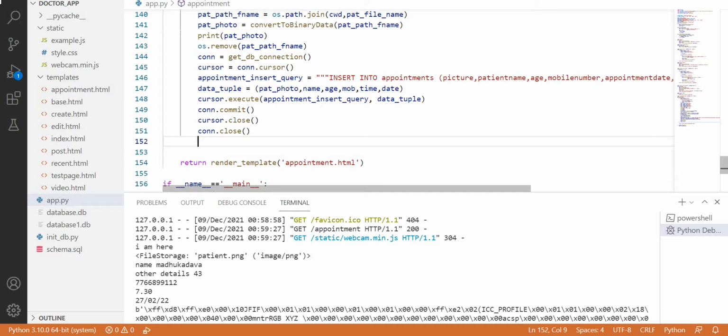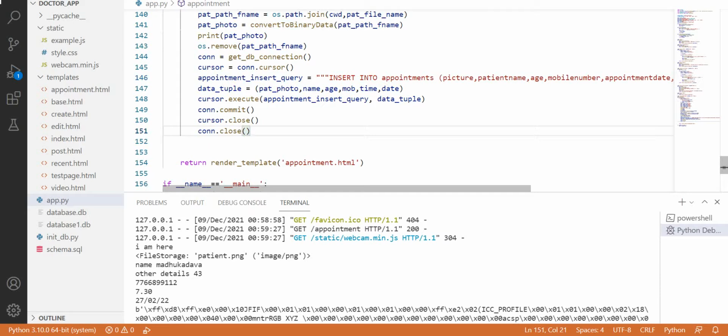The future use case would be, since querying photos and all is costly stuff. Again, you have to convert, and if you are doing a select star on appointments, you will be getting a lot of pictures, and converting from binary data to PNG, to an image, is a huge burden.